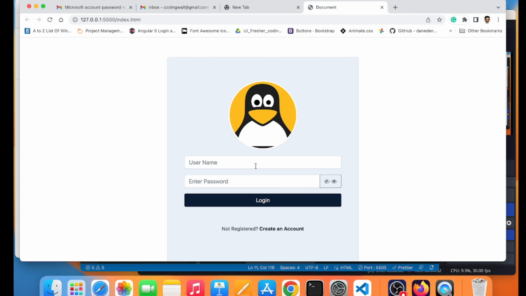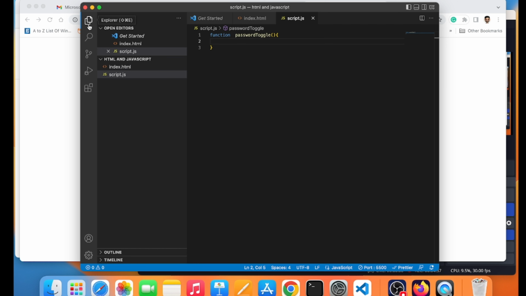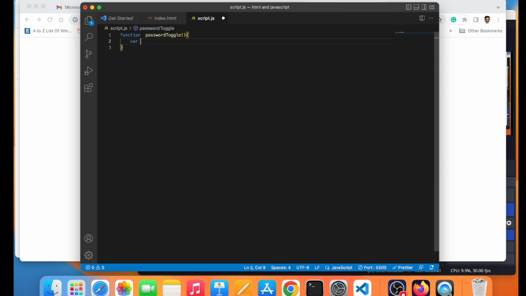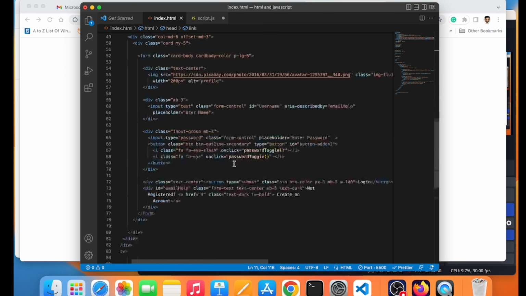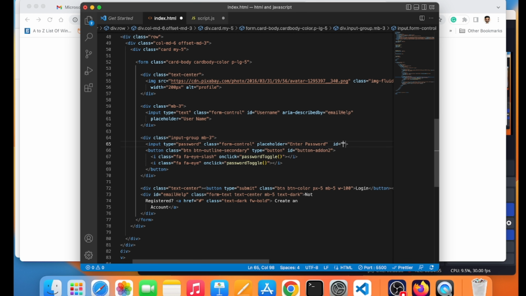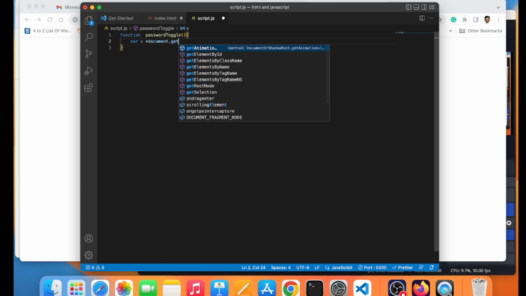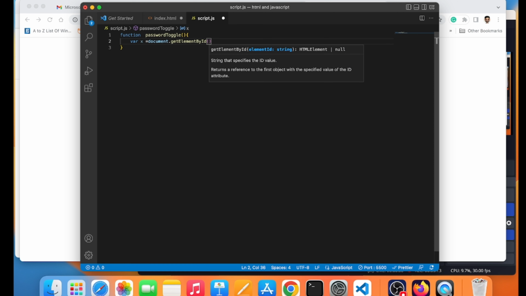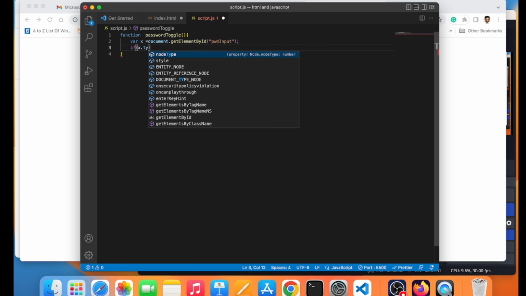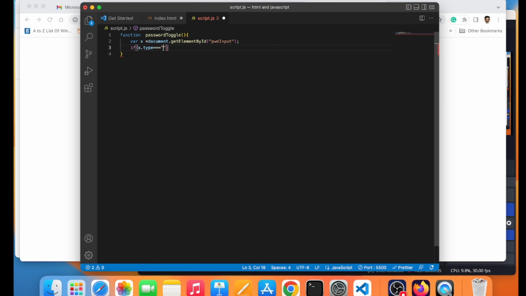So right now we need to write the function logic here. In the script I will write the function here, where x is equal to document. Before that I need to add an id for the input field. So here id is equal to pwd input. I'll copy this here, document dot getElementById. And now if x dot type is double equal to password,